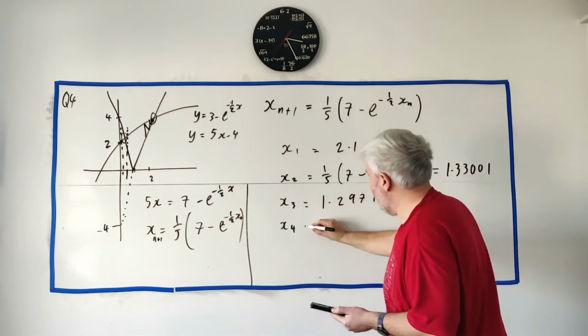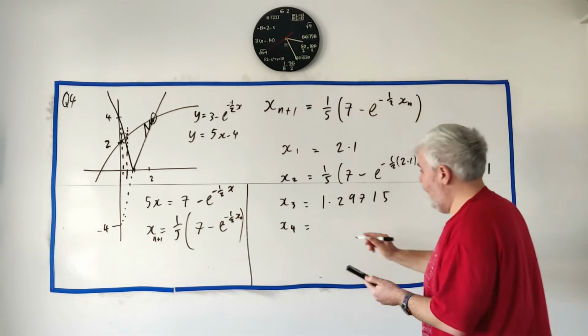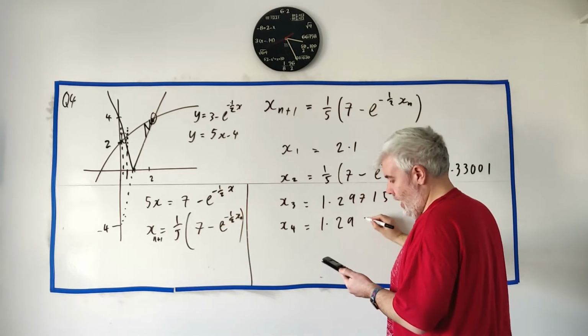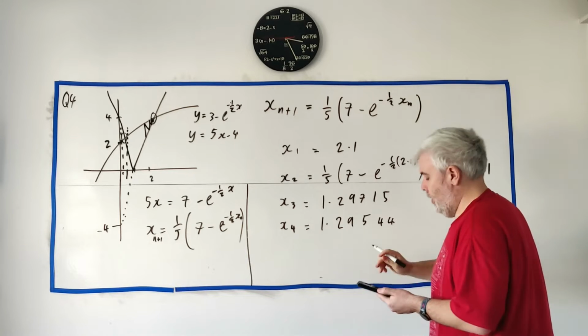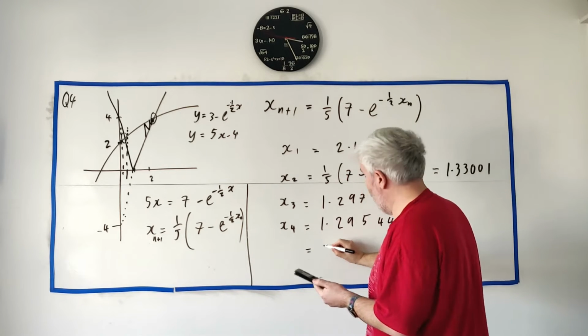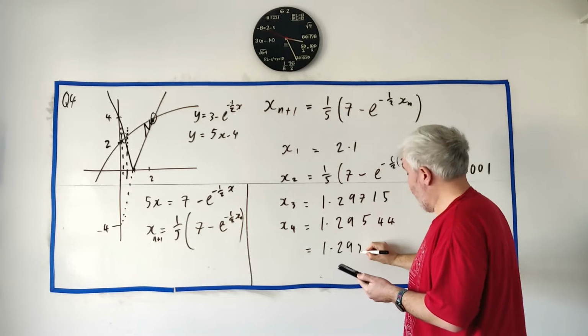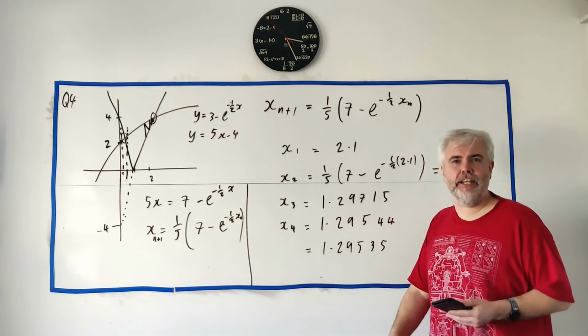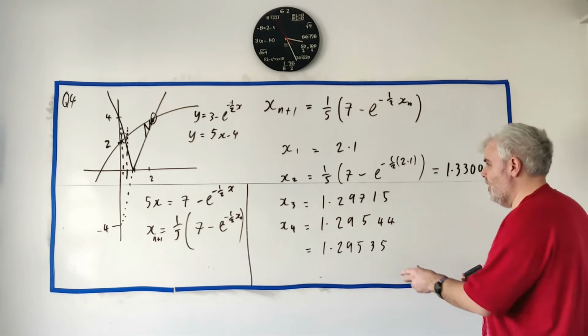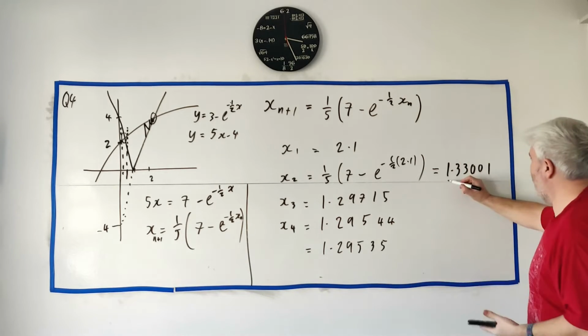1.29715. Do it all again, and you get 1.29544. Do it all again, we get 1.29535. And how many significant figures? They wanted 4 significant figures. So the first 4 here,